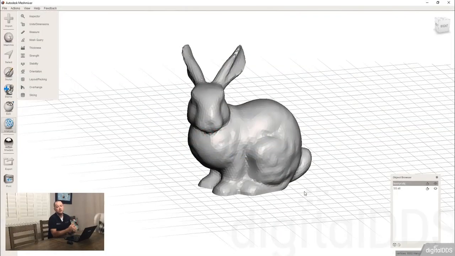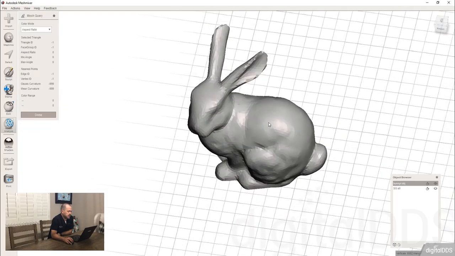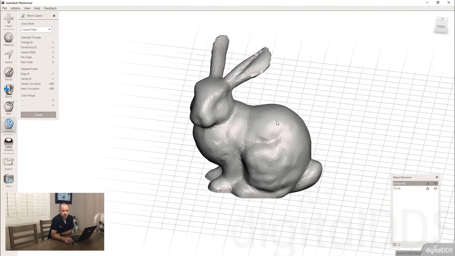Today we're going to cover 4 of the analysis tools, and then next video, we're going to do the final 4. These analysis tools aren't something that are hard to describe, but they're also not something that I find tremendously useful in our profession. The first one is the mesh query, and to be honest, I'm not sure when you